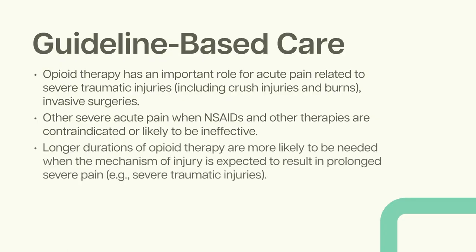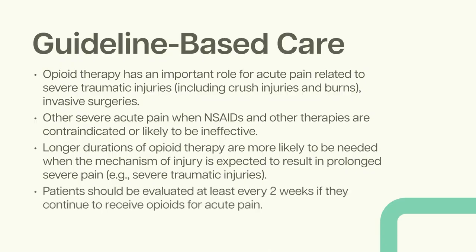In these cases, longer durations of opioid therapy are likely to be needed when there's a severe mechanism of injury that's just known to result in prolonged severe pain. Patients who do require longer-term opioids for acute pain should be evaluated every 2 weeks if they continue to receive